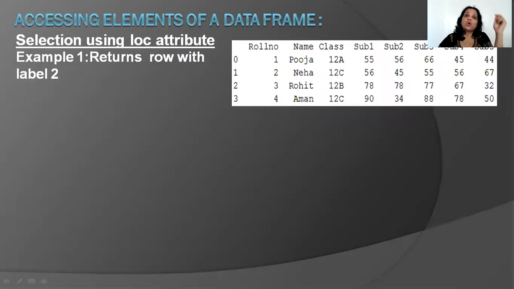Okay, now you could also use an attribute called the loc attribute. Now, what you need to remember here is that the loc attribute, while accessing the elements of a data frame, uses the index labels or the column names. It doesn't really check on what is the location, the default indexing. Okay, it's using the index labels or the column names that you have given.